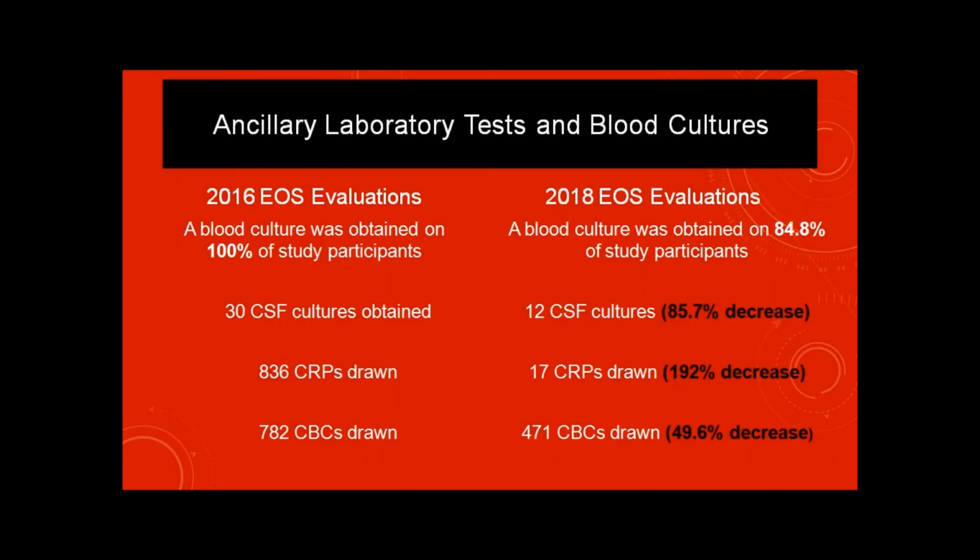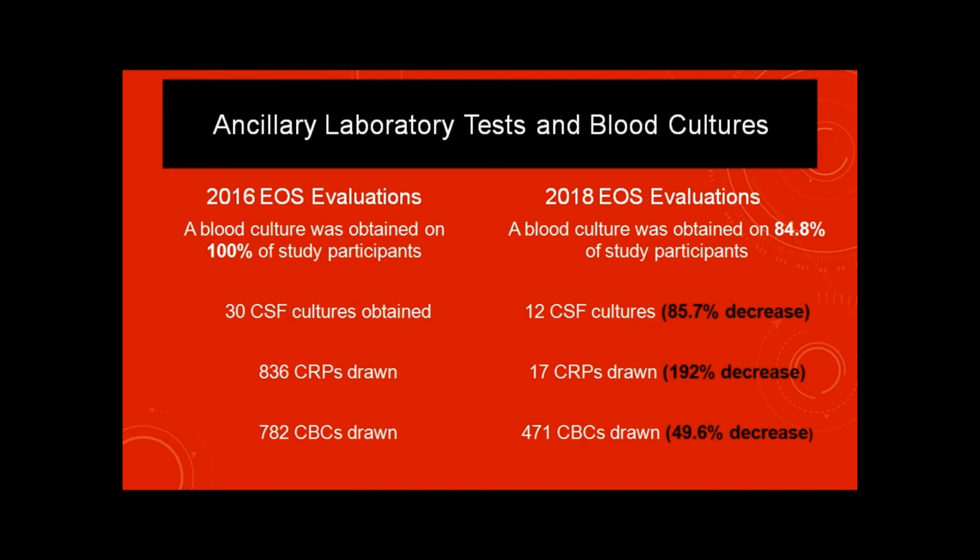Another thing we wanted to look at was ancillary laboratory tests. Every baby that came into our unit in 2016 got a workup. It didn't matter if it was NAS, freckles, whatever. We did a workup on the baby. And so we wanted to look at the different cultures. We went down to 84.8% during that time. The LPs, we had a pretty significant decrease. I know it's 6 months to 4 months. The CRPs were down